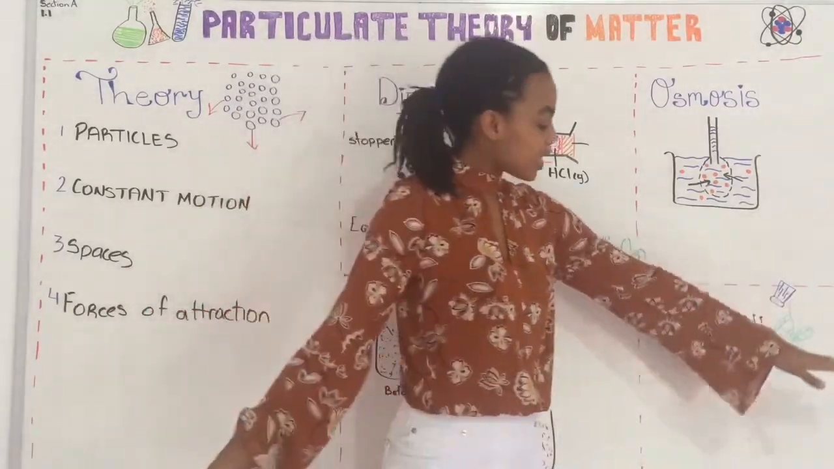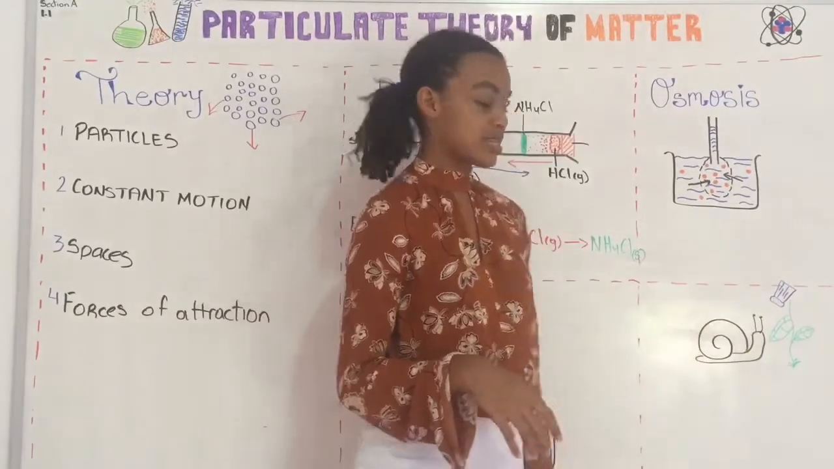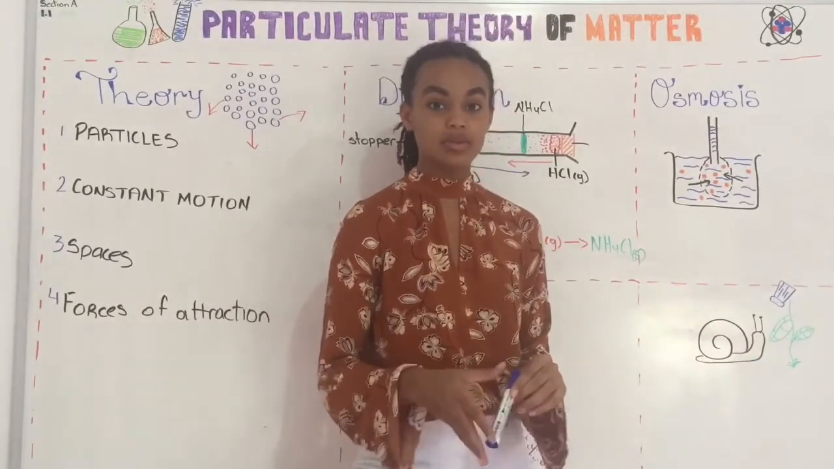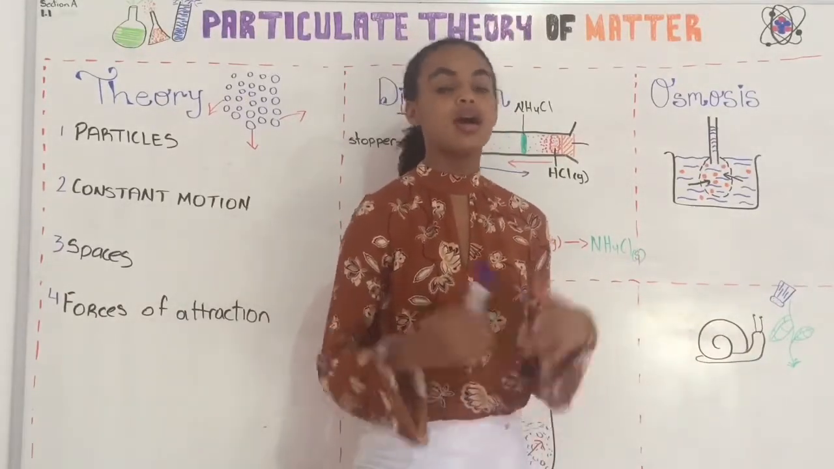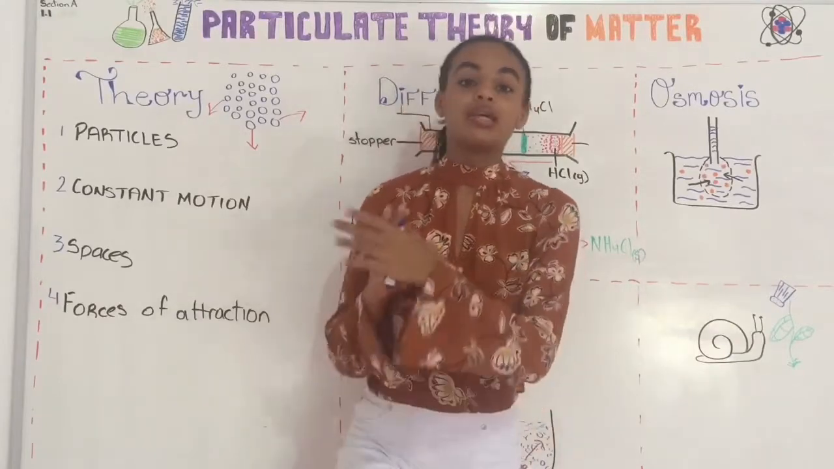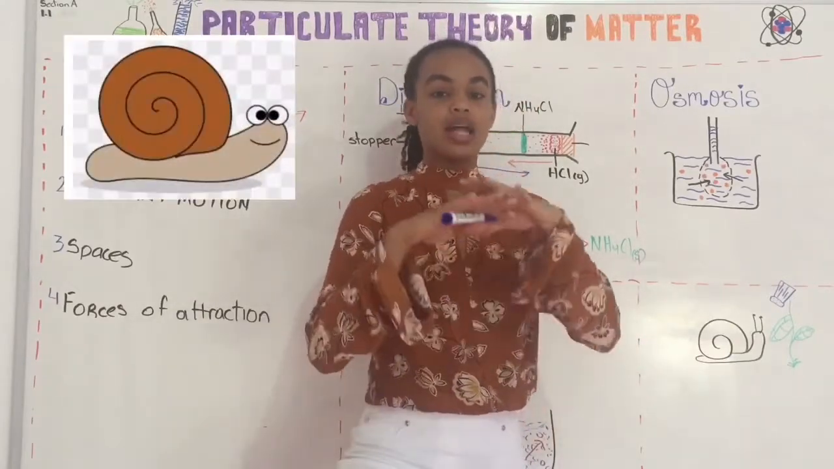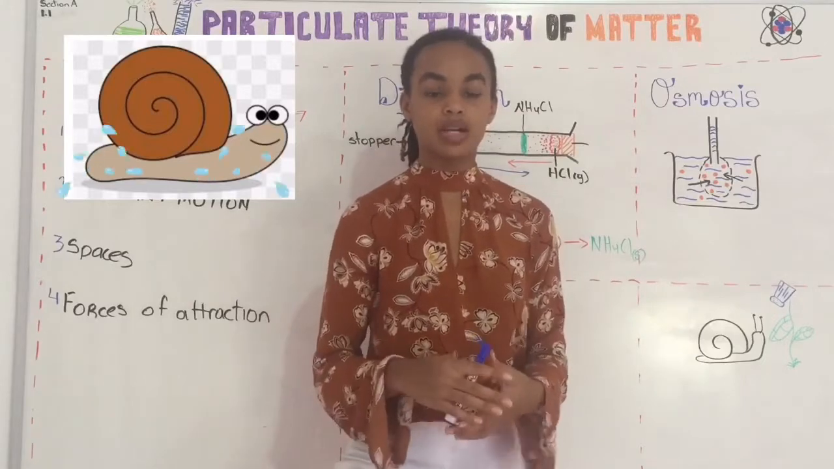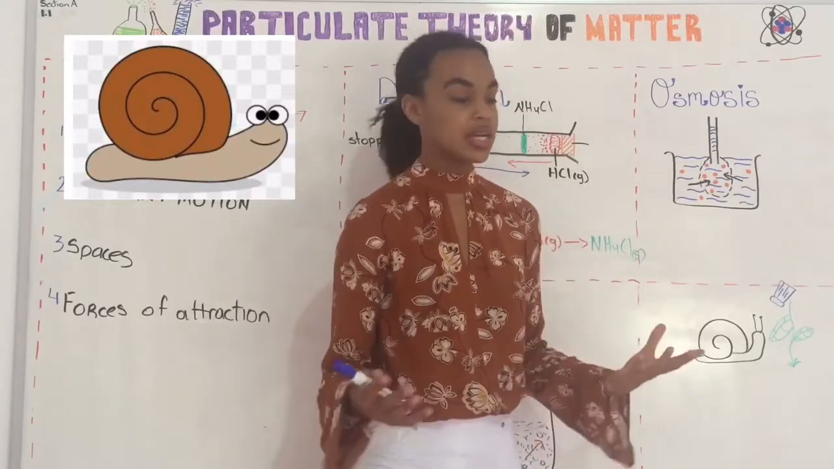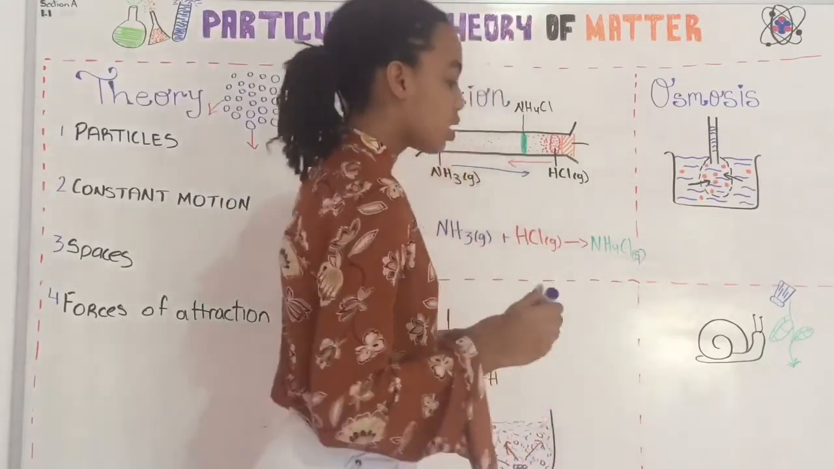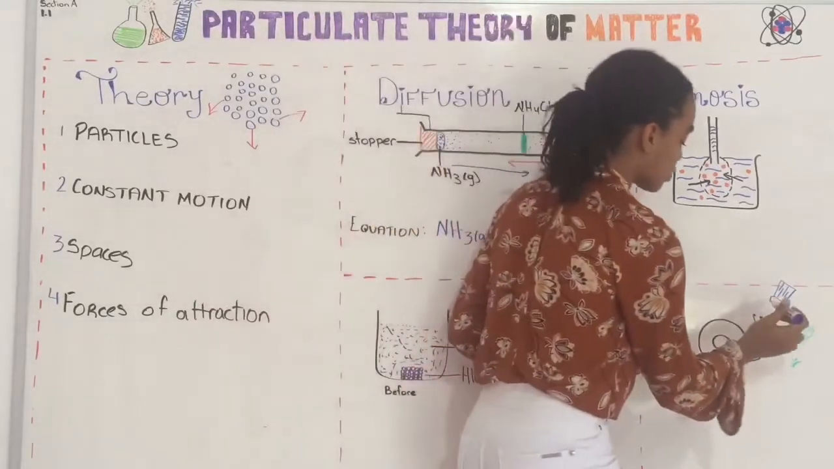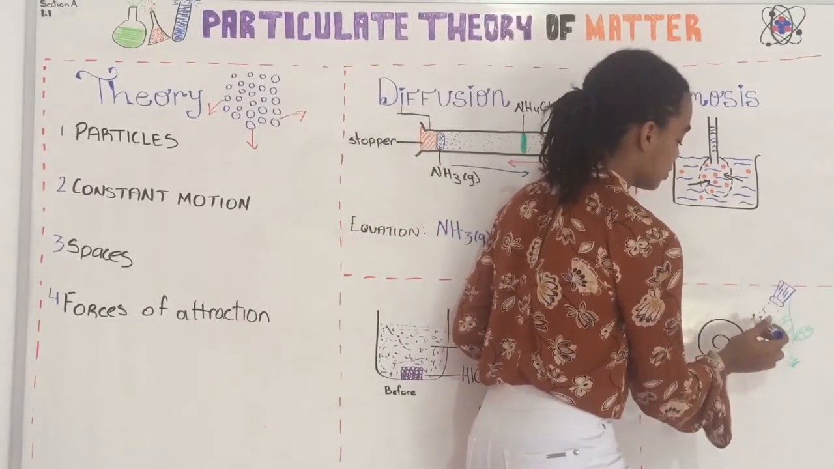Okay, great. Now the last example, we're going to use snails. Now before we look at this example, it's very important that we understand how snails function. Now snails have a layer of moisture outside their body to keep them moist, right? So when you throw salt on a snail,